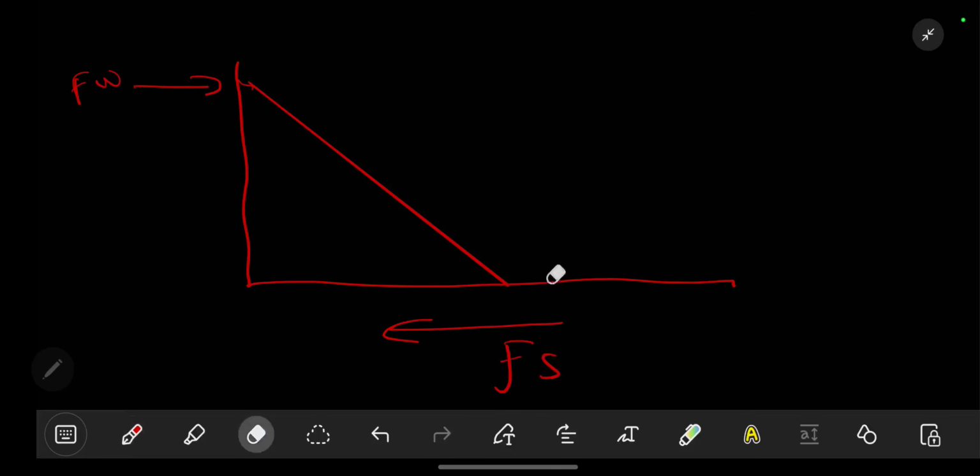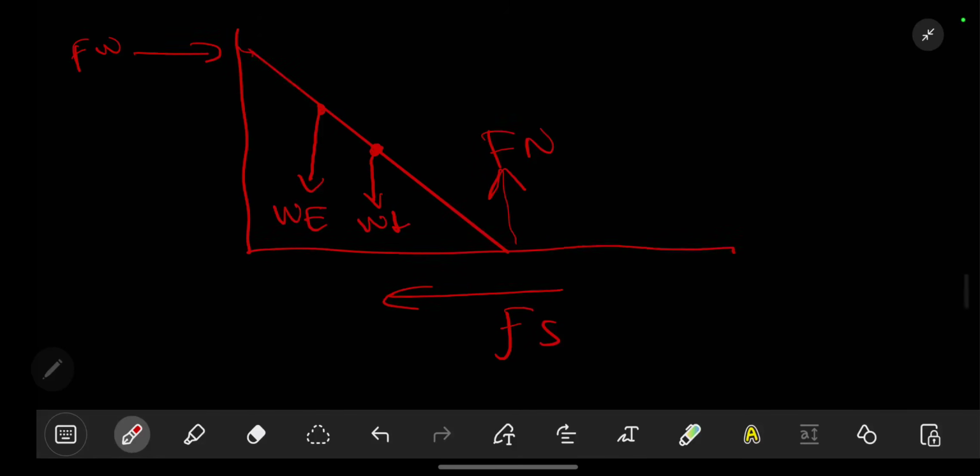Then we also have the force pulling up, which is our normal force. At the center, we have the weight of the ladder. Then we don't know where the person will be, but they will be exerting a downward force, so the weight of the electrician will be at that point. It can be before the half, but we don't know, we are just assuming. This is just for the sake of making the problem simple. So with that said, we are going to begin with our